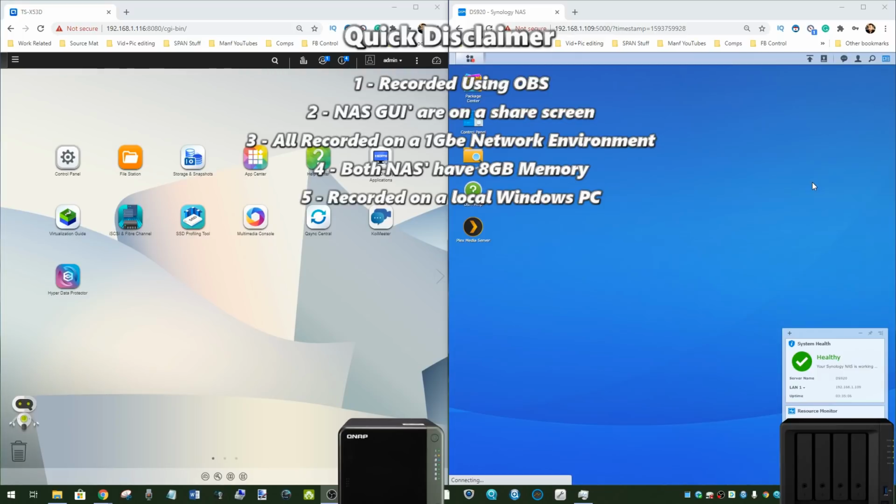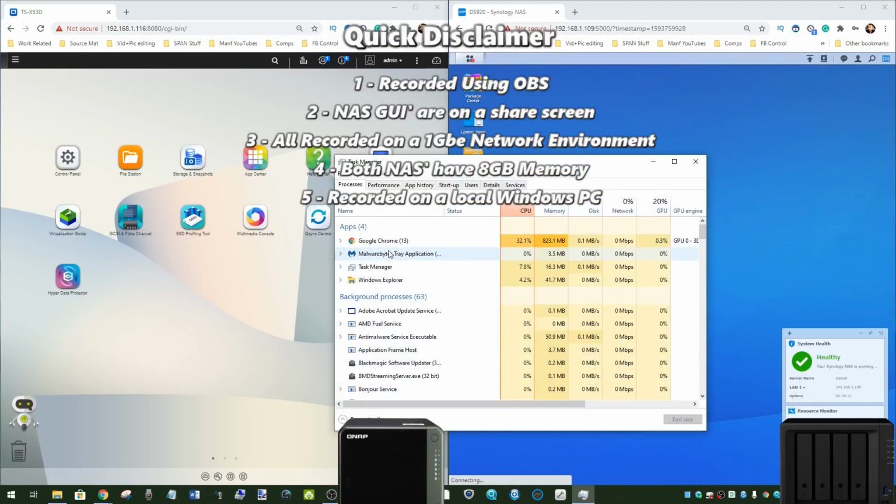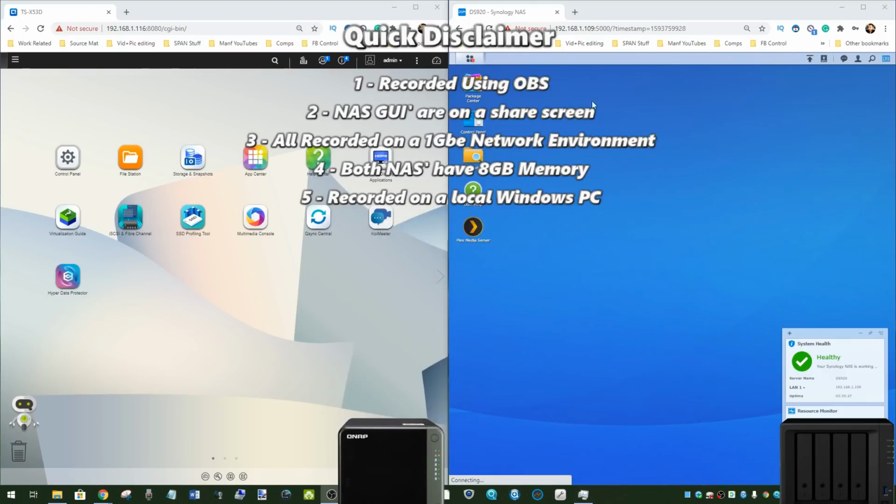So, I do have a disclaimer that I read in the other video, but hopefully it's on screen right now. If it's not, I'll make it nice and quick. First and foremost, this video is being recorded with OBS, so that will take its toll on the GPU from time to time, and you will notice that because the CPU resources are being utilised in a big way by both OBS and the browsers running both of these operating systems, things can occasionally slow down a bit,